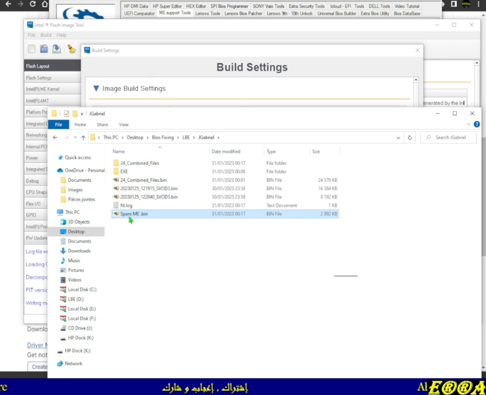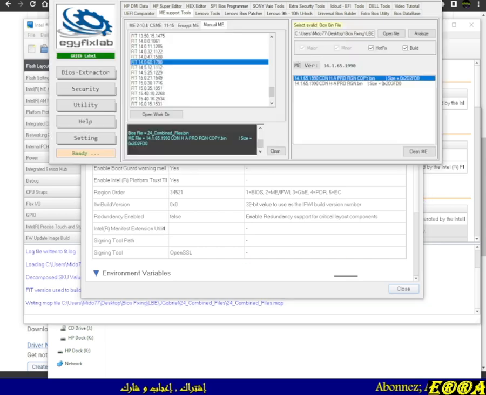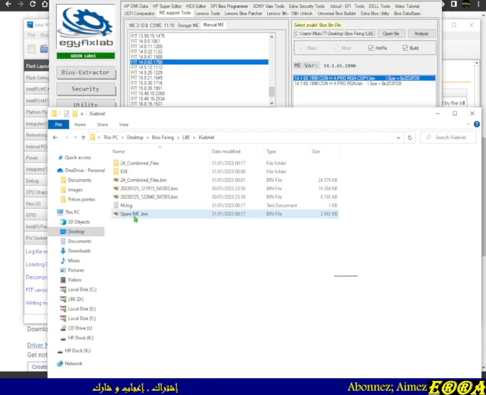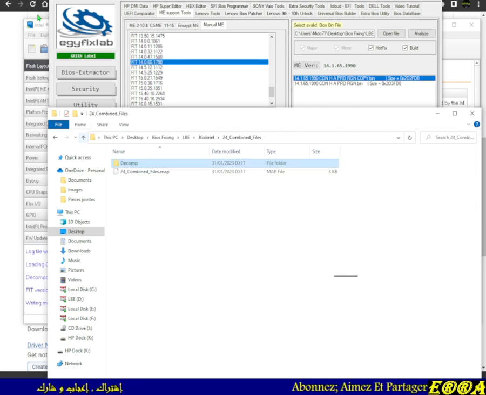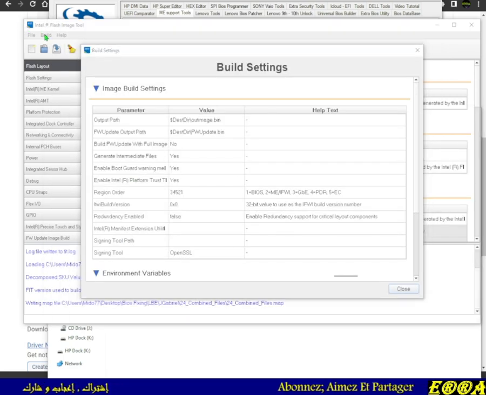This one, spare me, it's the ME file which we have chosen here. It's automatically uploaded here to replace this ME sub partition. We will see that. Let's first configure the configuration file of the flash image tool by going to build, then